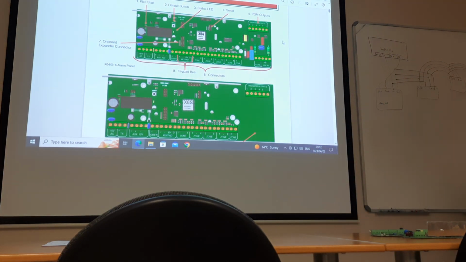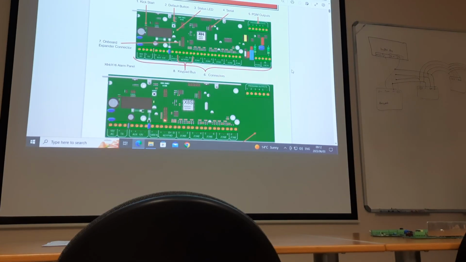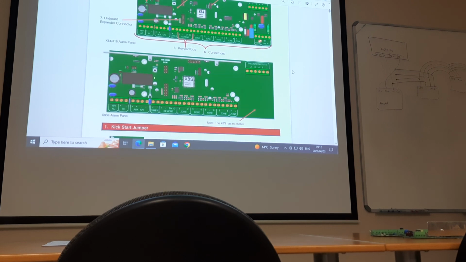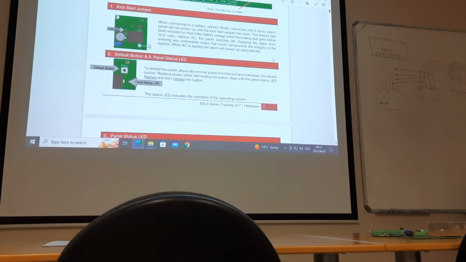Over there is the X806 panel. You will see the difference is, obviously, this one doesn't have the phone line monitoring for landline phones, and you can only do 8 zones, wide 8 zones. Your kickstart jumper, like we said, if your battery goes down below 10.6 volts, it will cut